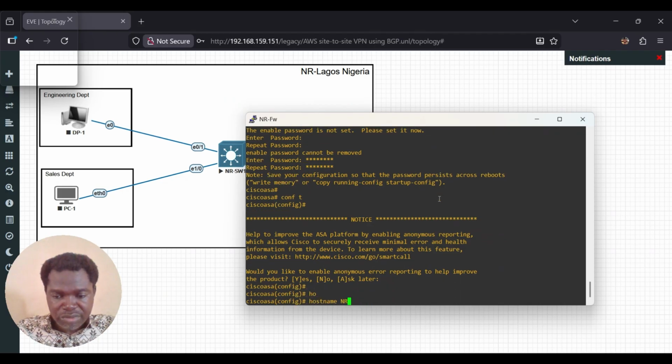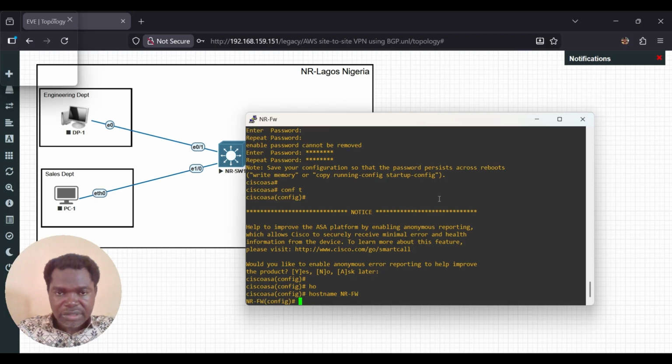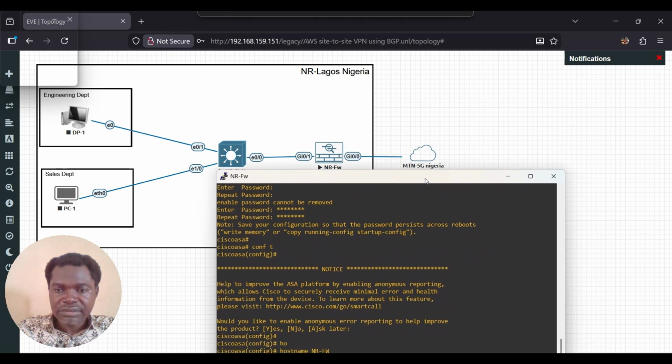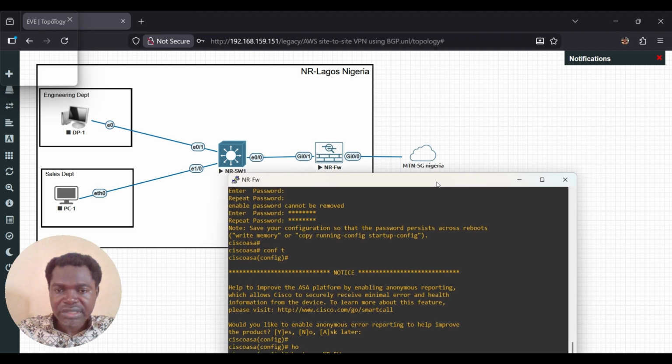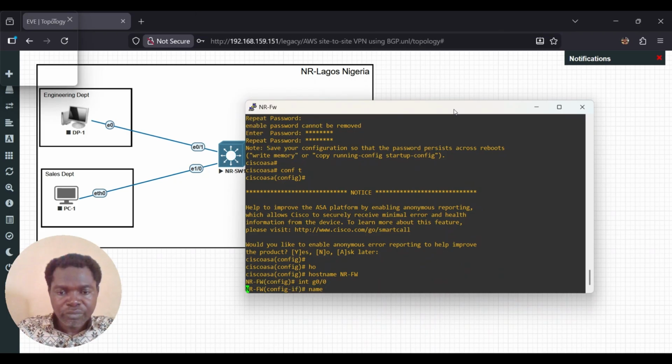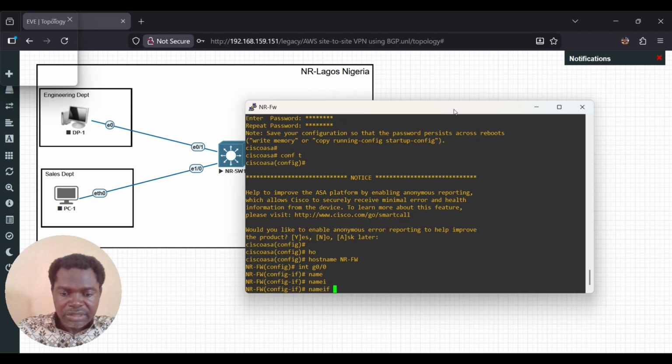Let's name it network region firewall. Okay. So the interface connected to MTN 5G, here's the 0, so interface gig 0/0. Nameif, I'll give it the default of outside.